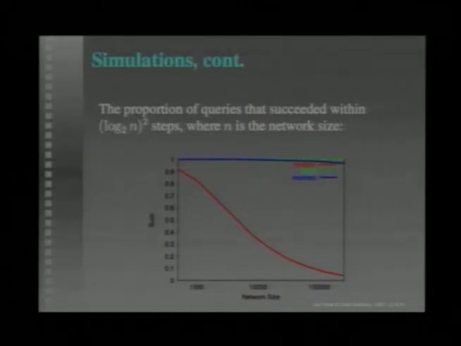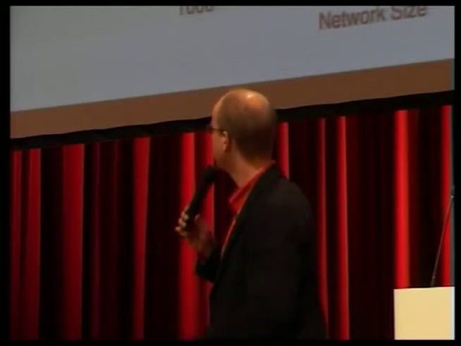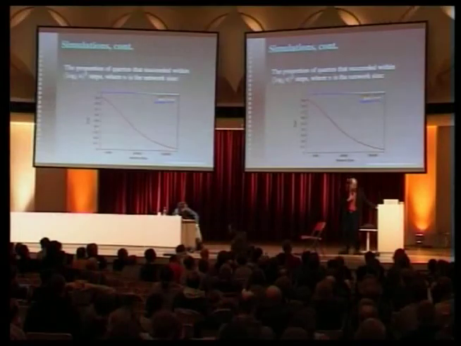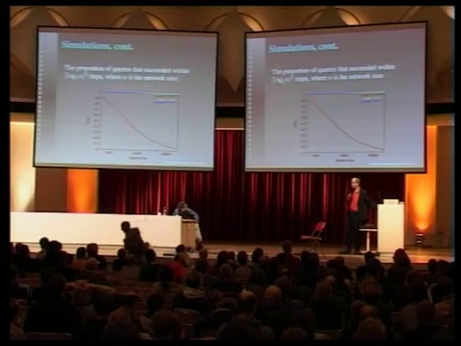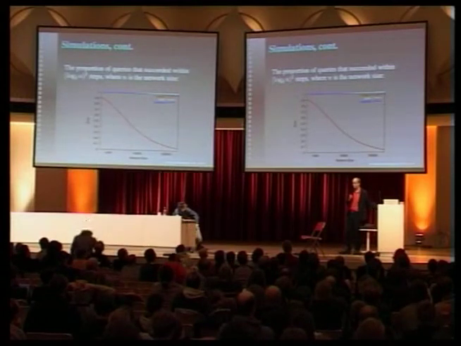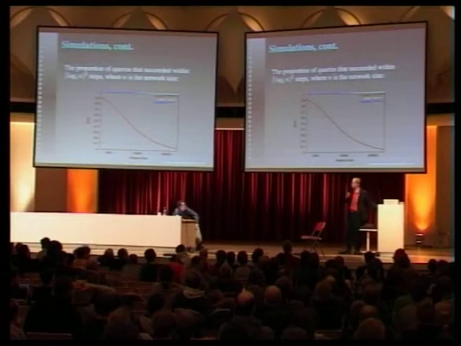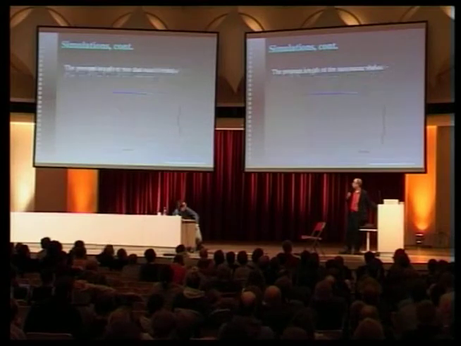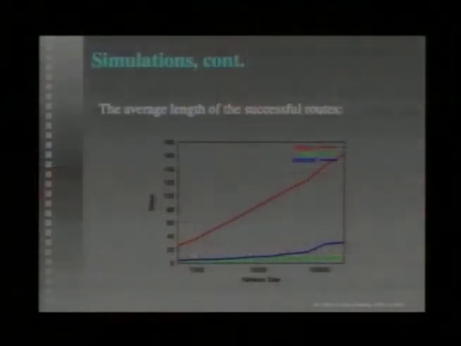And then going from a screwed up network back using this algorithm, we can see that we've restored almost all the way up the success value. It's only at the very end there, at the 512,000, that we have some failures. And this basically just means that a network which is that large needs to run longer than my computer wanted to run it. And if we look at the length of the successful routes, we can see the same thing,